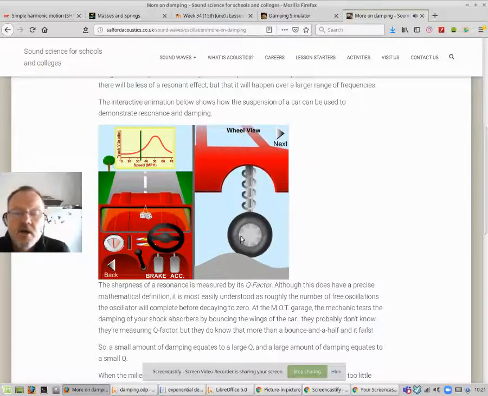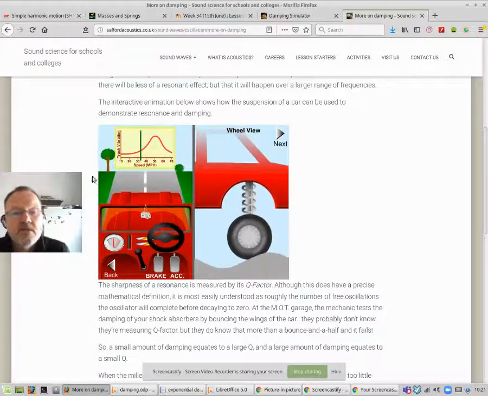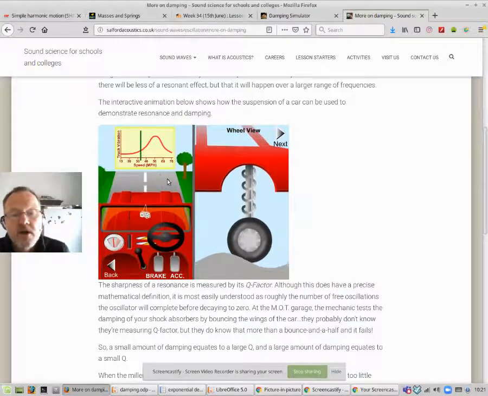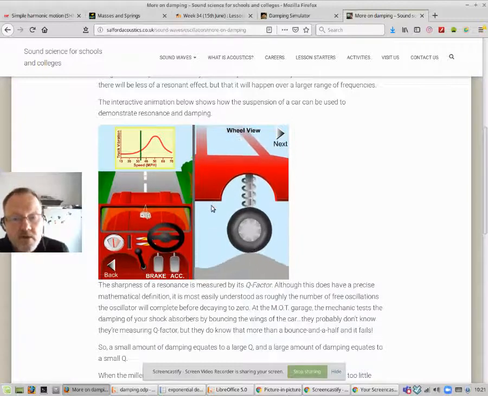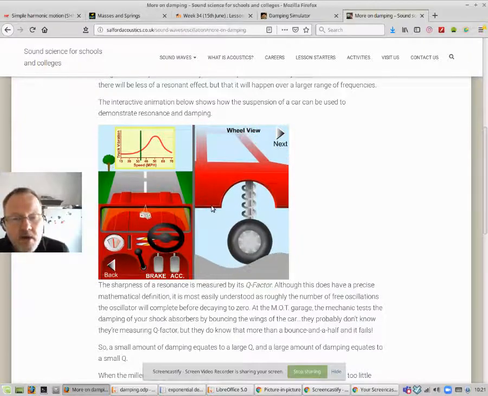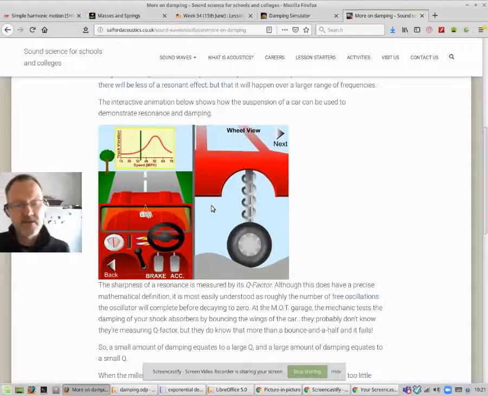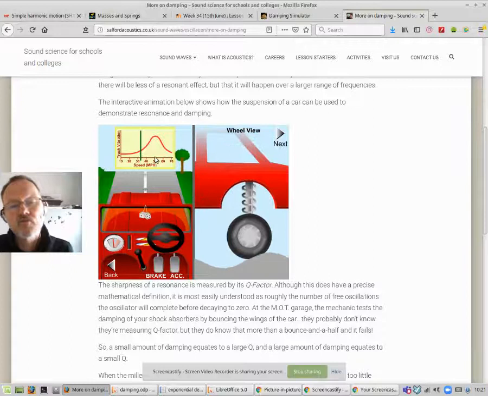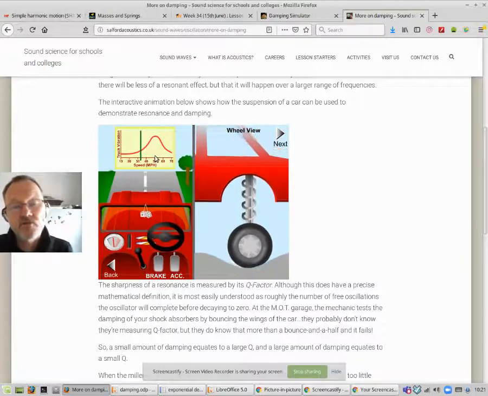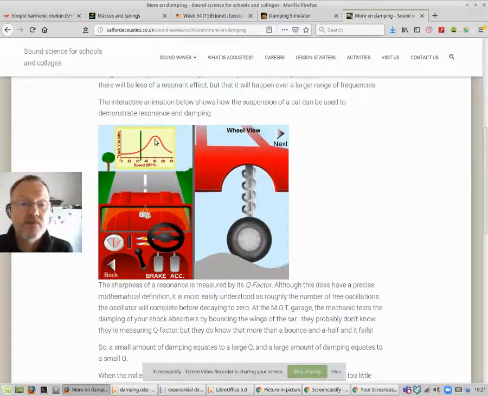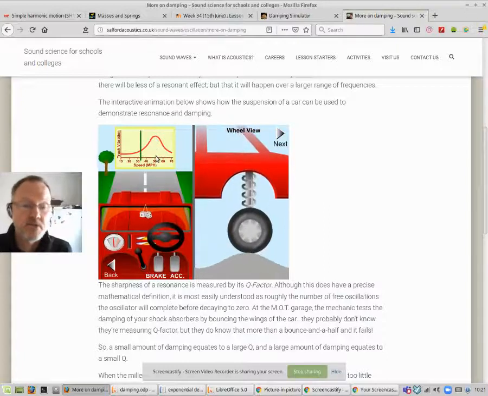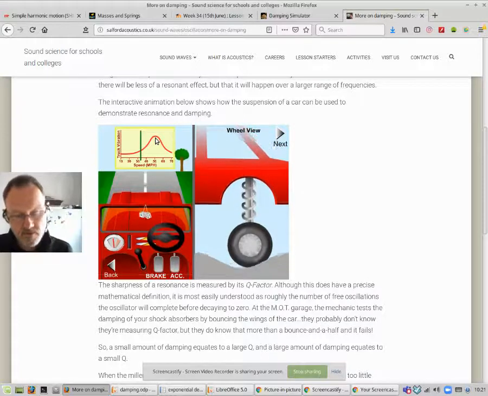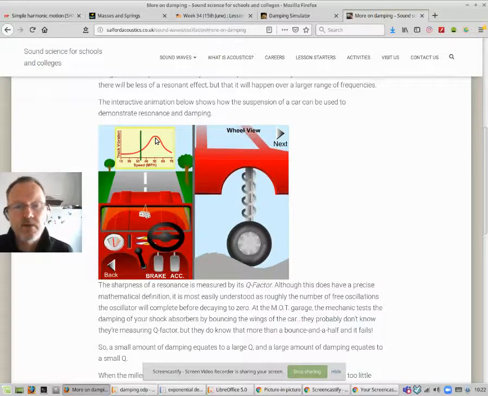So as this car is moving along at a certain speed, we are driving the car. Now the car has its own natural frequency, but the frequency of the bumps might be different because of the speed we're driving at. As you know, if the driving frequency matches the natural frequency of the car, we get resonance and we get very large amplitude oscillations occurring in the car. So it would be very important for us to remove the energy of the car so that we don't get a